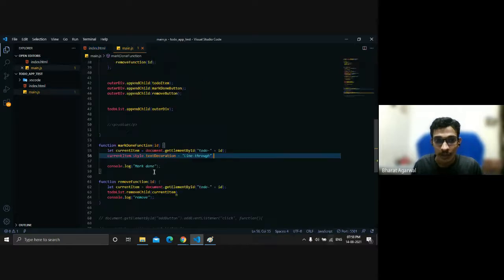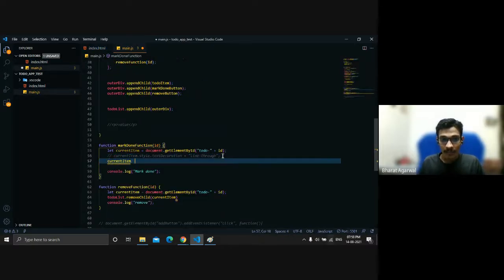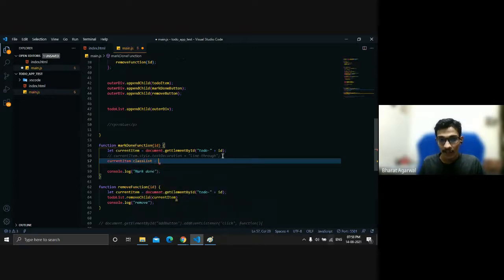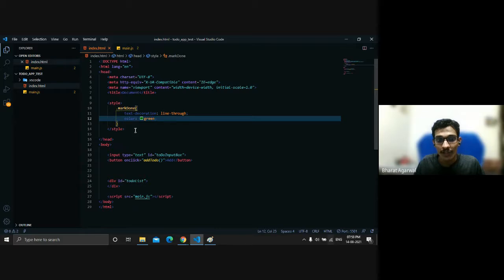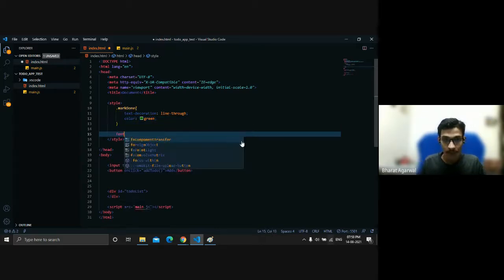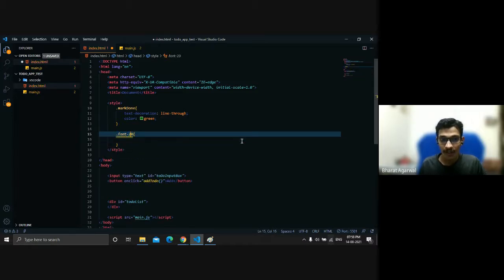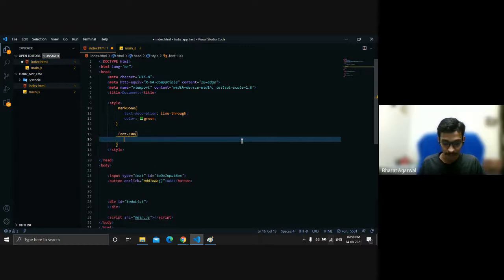How will we do this? Instead of assigning this, I can do currentItem.classList equals, and I can now have multiple classes assigned to it, like markDone. And if I add a few more classes, like font 20 or font 100, let's make it a bit big.